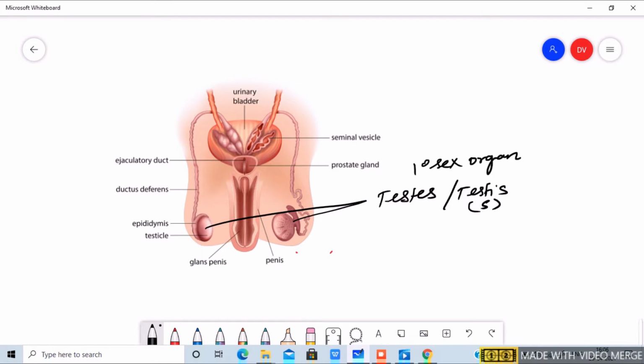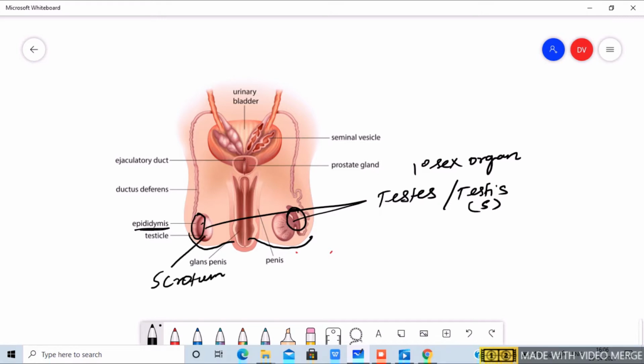And then you can see a small crescent shaped structure sitting at the top of the testis, which you call the epididymis. You can see the epididymis marked there, and you can see that the testis is there in a sac like structure. So this sac is what is known as the scrotum,